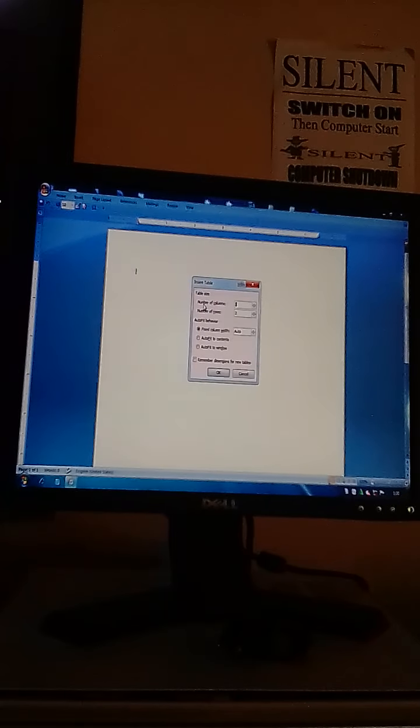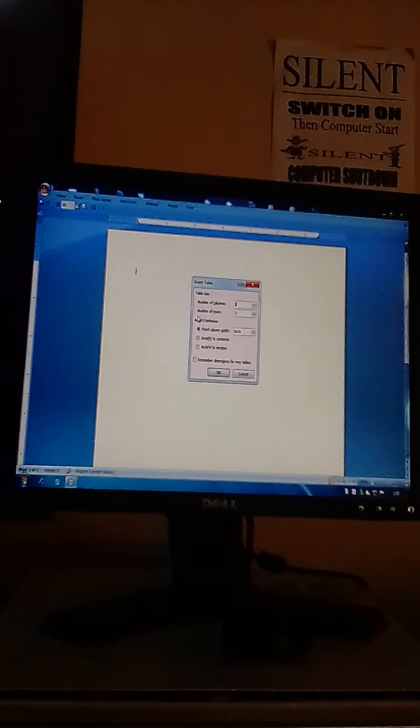On number 2 of this menu there is the number of columns. This option tells us how many columns you want to insert in your table.